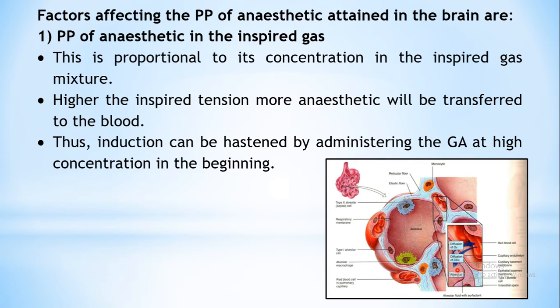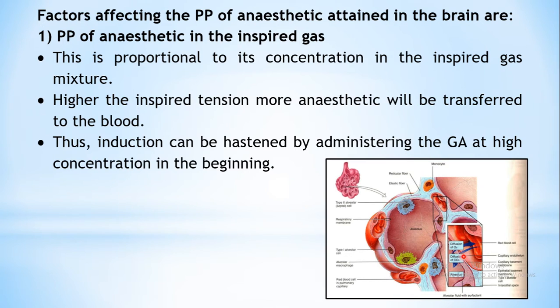So this is your alveolus, and this is the blood vessel. Normally this is what is happening with your oxygen and carbon dioxide. There is a diffusion of your oxygen from the alveolus into your blood vessel, and whatever carbon dioxide is present in your blood is diffusing into the alveolus, which is exhaled out. This is what is normally taking place in your alveoli with your oxygen and carbon dioxide. This is normal physiology.